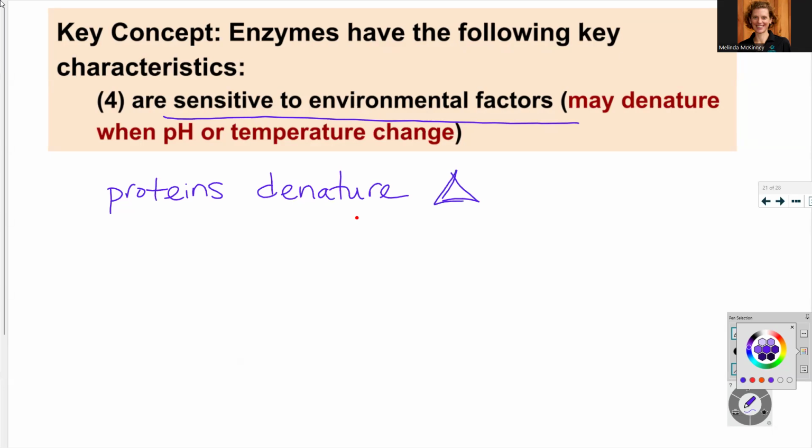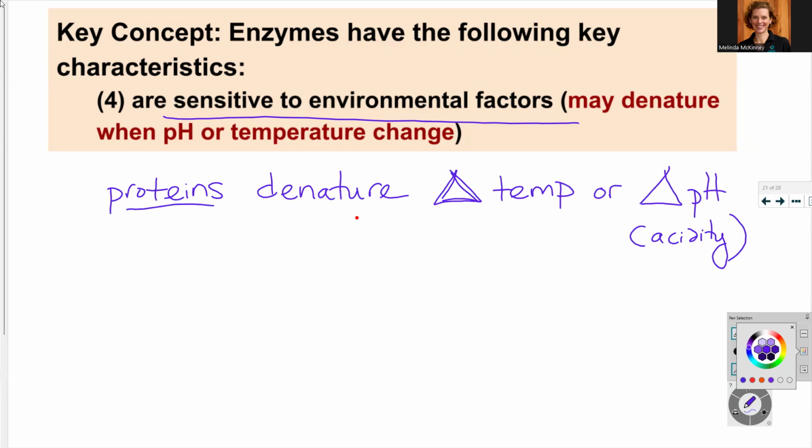I'm writing this delta, so a change in temperature, or a change in pH, which is acidity. So we know that already. Enzymes are 99% of the time proteins. So if you change the temperature or pH, a lot of times the enzymes